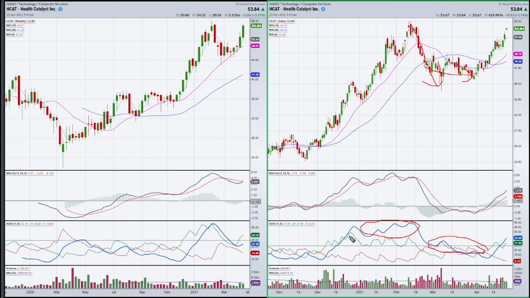So I want to see green DI causing a big strong move, or the buyers causing a big strong move to the upside. And then on the decline phase, I want to make sure that the sellers are weaker. I don't want to see a big strong move in red DI and a big strong move in the ADX when it's declining. And so if I have that, I've got criteria that I like from a momentum standpoint